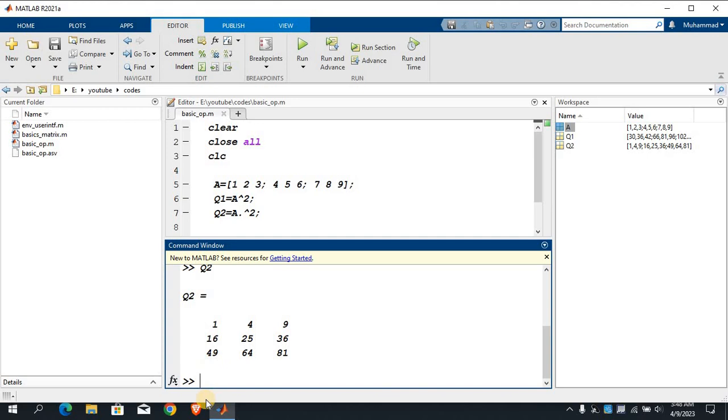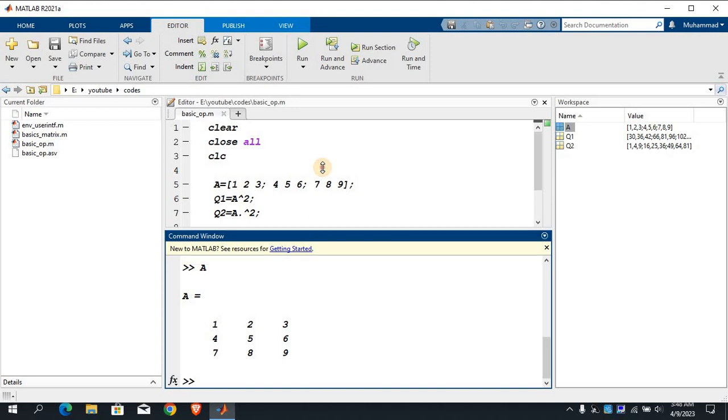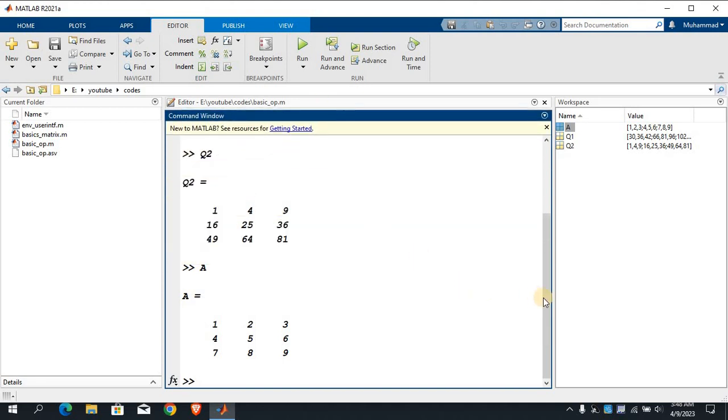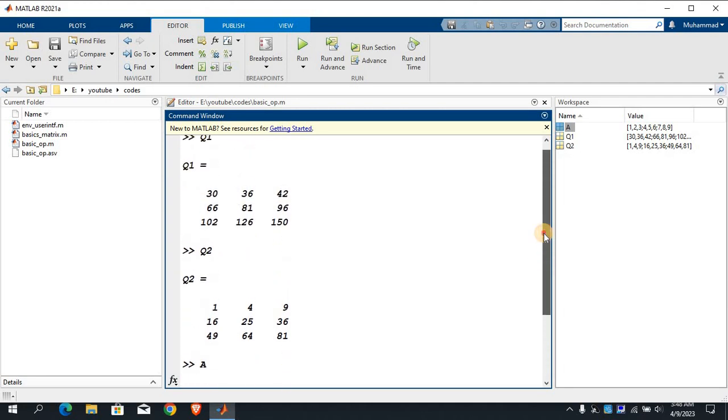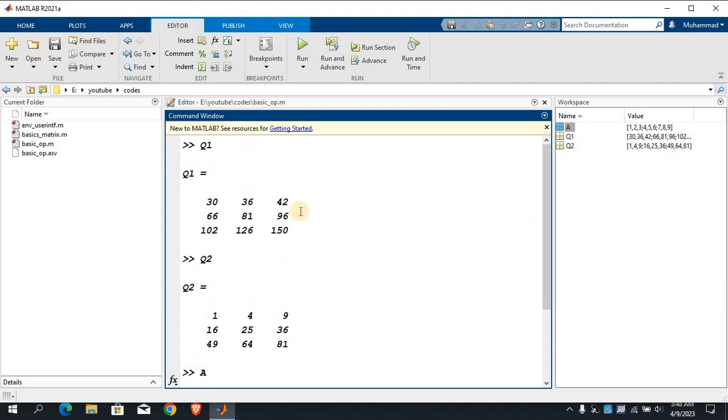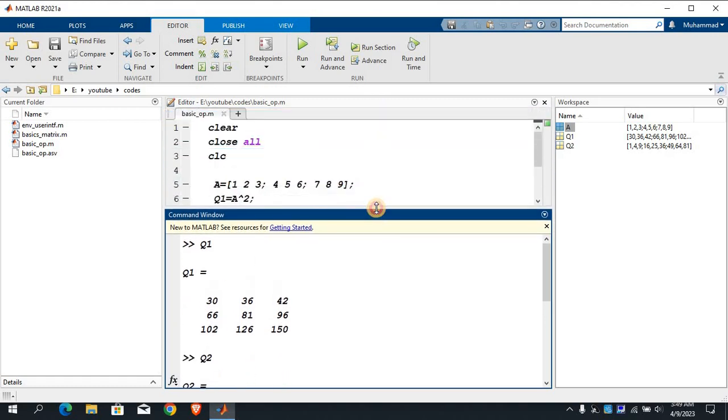And let's check now some matrix A. So if you can see here, when we are using hat operator without a dot, then we are getting matrix multiplication, and if we are using hat operator with a dot, then we are getting point to point multiplication of a matrix A with itself. So if you want that each and every entry of matrix,